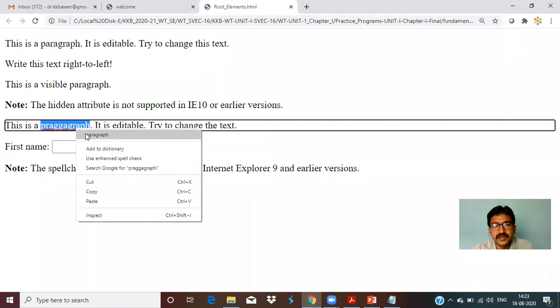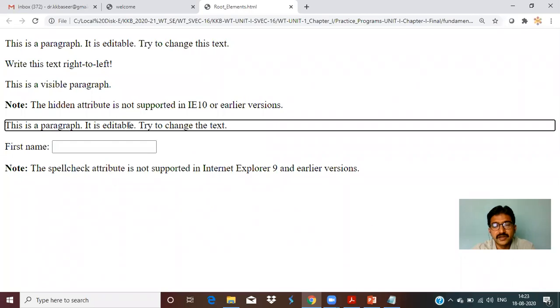I'm just removing the A. Again, it's showing an error, a red mark, because we enabled spell check equal to true. TR, we can say Terry. This is showing an error. TRI.